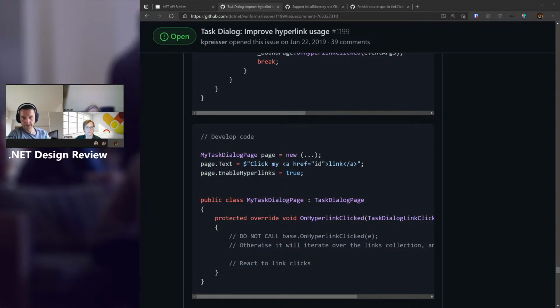So now my question is, okay, let's say I do that. How do I get the... So you're saying you give me the link ID, but how do I get the actual text? You don't, because with links, I think you can actually... Oh, sorry. By ID you mean the href?